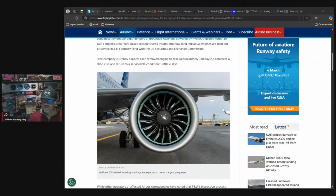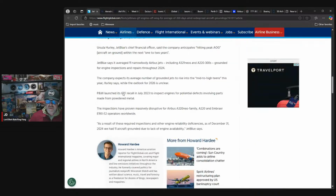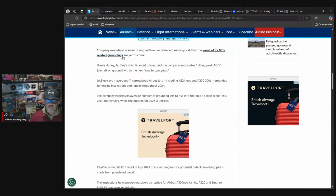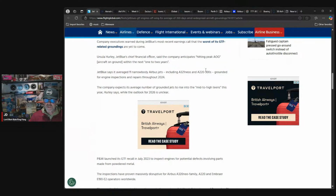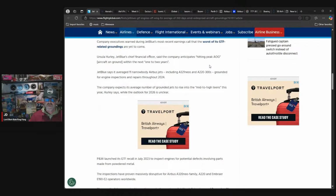So interesting, isn't it? If you look at that, but what is even more interesting is the company executives warned on JetBlue's most recent earnings call that the worst of its GTF-related groundings are yet to come. So basically, shareholders are being told that they're hitting peak AOG, aircraft on ground, within the next 1 to 2 years. It says it's averaged 11 narrow-body Airbus jets, including A321neos and A220-300s, grounded for engine inspections and repairs throughout 2024. That looks like it's going to be